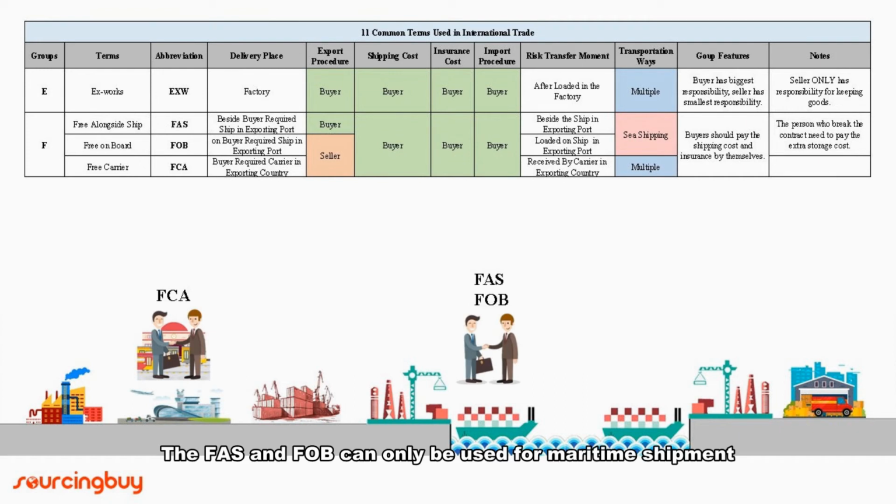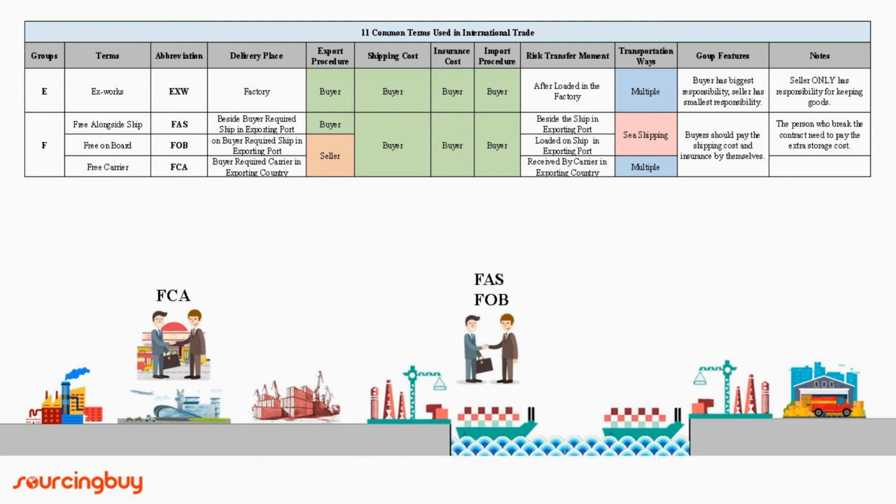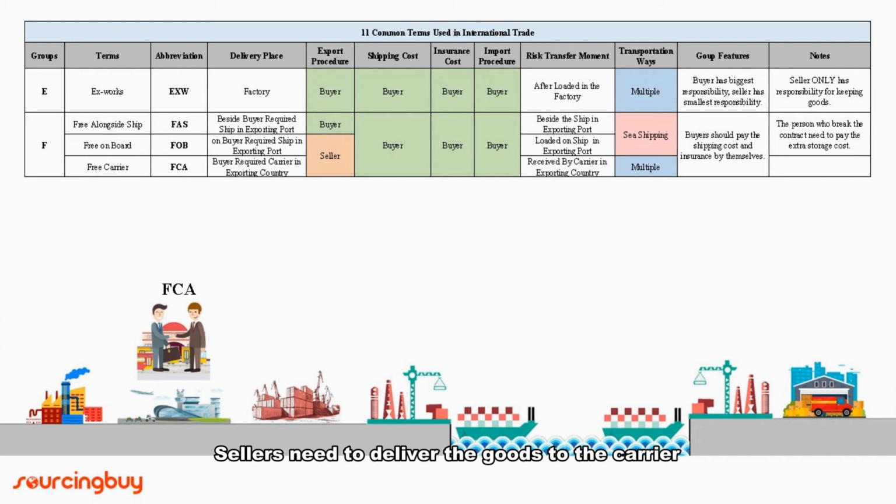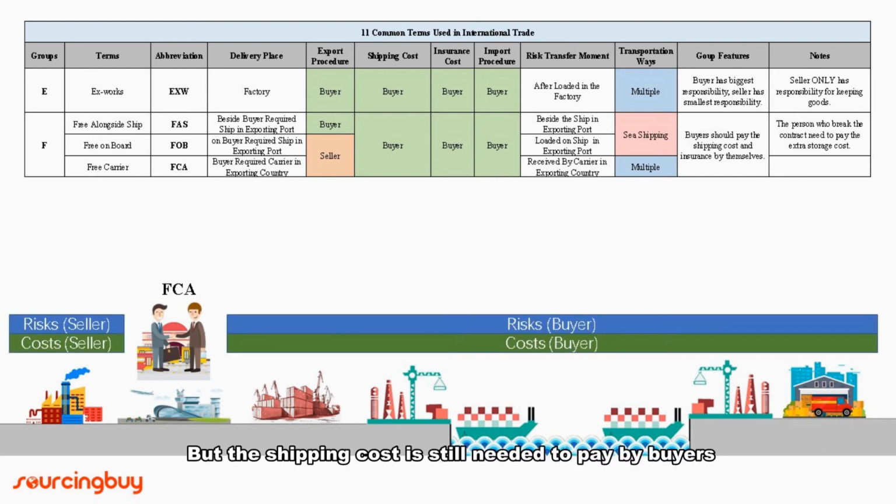FAS and FOB can only be used for maritime shipping, but the FCA term can be applied to any type of transportation. FCA means Free Carrier. Sellers need to deliver the goods to the carrier specified by the buyer, and finish the export procedures. But the shipping cost still needs to be paid by buyers. For example, if the contract that I made with a supplier is FCA, and I need to ship the goods by local FedEx,